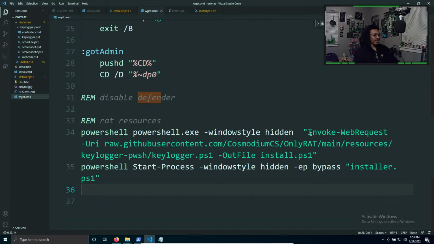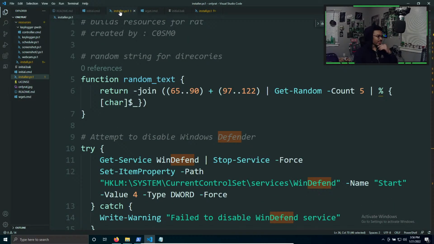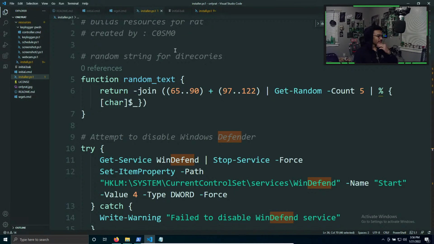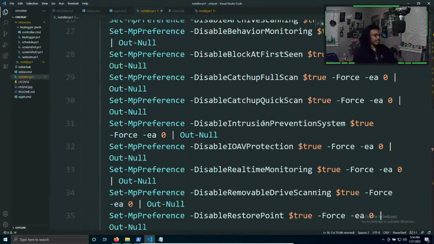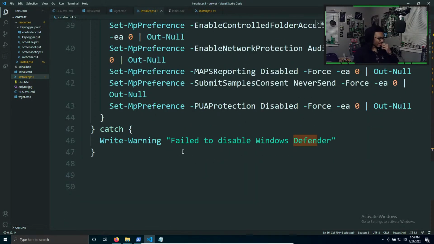All right. So then this is going to have to get it off of the GitHub page. So now it's going to get the installer. So let's put this in order. So this is going to build the resources for the RAT. This is the key piece of malware that's going to destroy everything. So once it finishes disabling Defender,